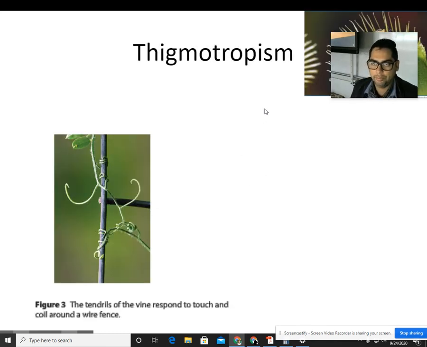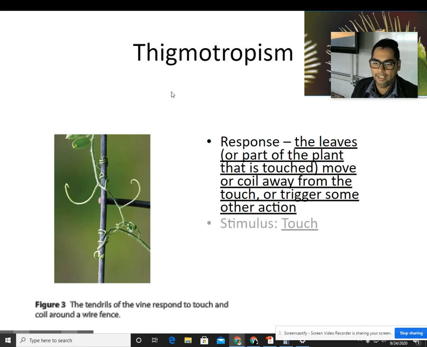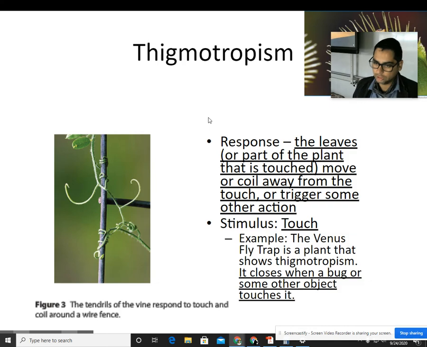Thigmotropism. Thigmotropism is going to be, I always remember the T, the plant's response to touch. All right? This is a plant's response to touch. So for thigmotropism, write down plant's response to touch. The most common examples you're going to see for this are two. One is